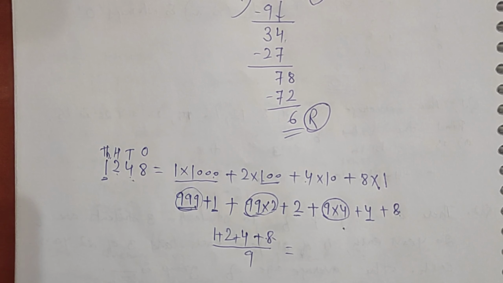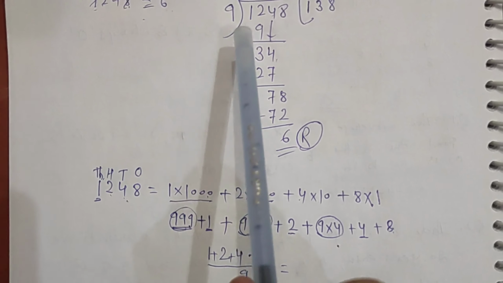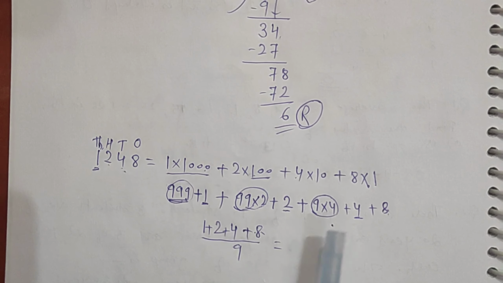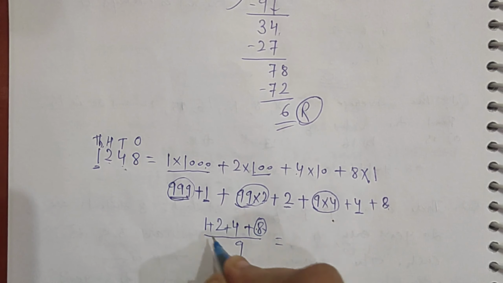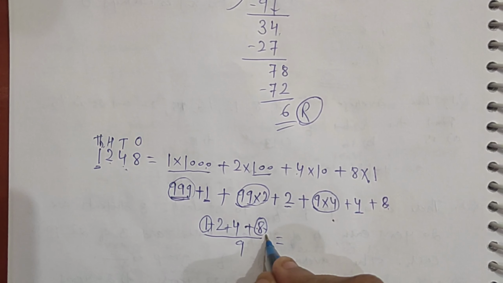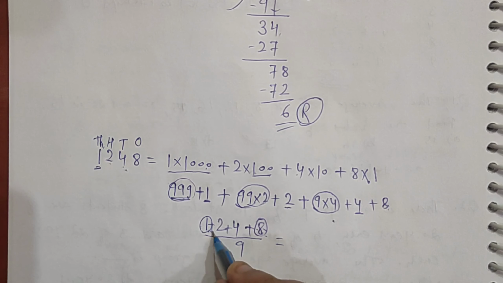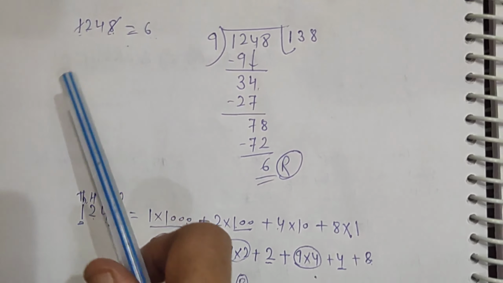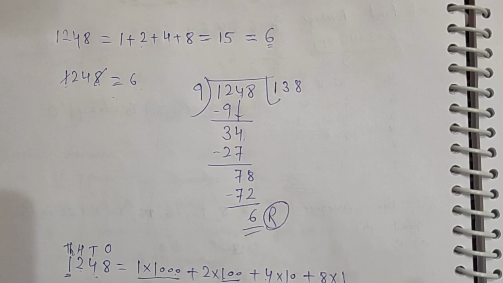So that's why instead of dividing the whole number by 9, what exactly we do? We just divide this number by 9. Now here also 8 plus 1 will be 9 only. I know very well. So no need to divide it, because if I divide by 9, I am going to get 0 only. So that's why I go on cancelling wherever I find 9. Right? Now hope you have understood.